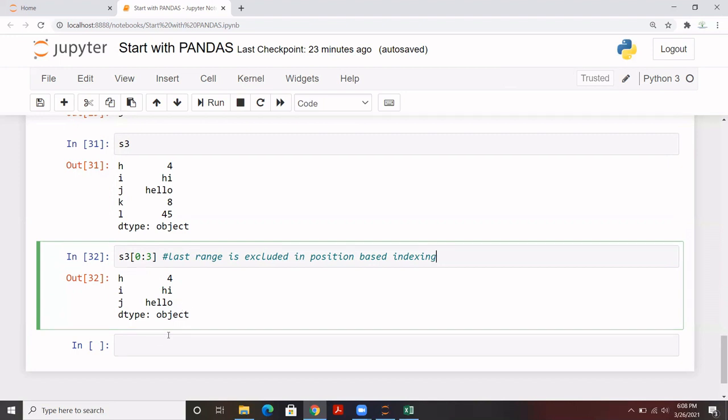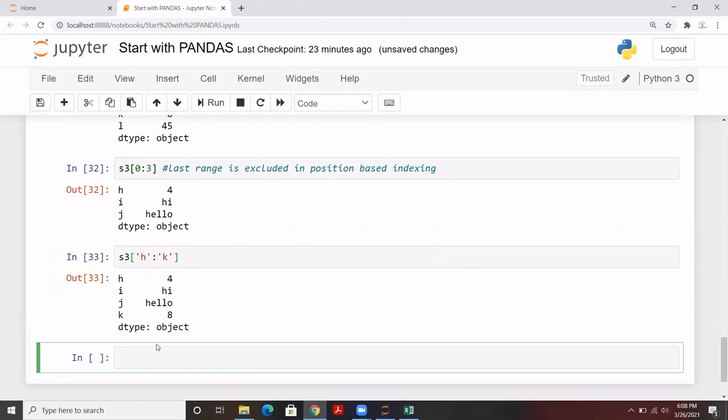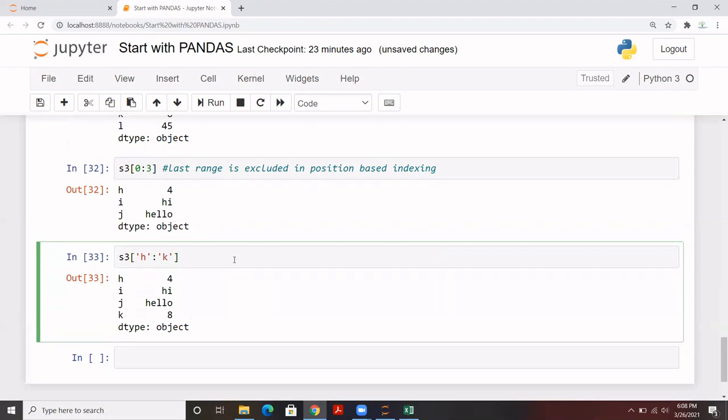And for example, the same thing you want to do for label. In label based indexing, the last range is included. Let me give you the option. For example, I want to extract from H till, for example, K. And you notice that K will be included here. So the two options you should remember.